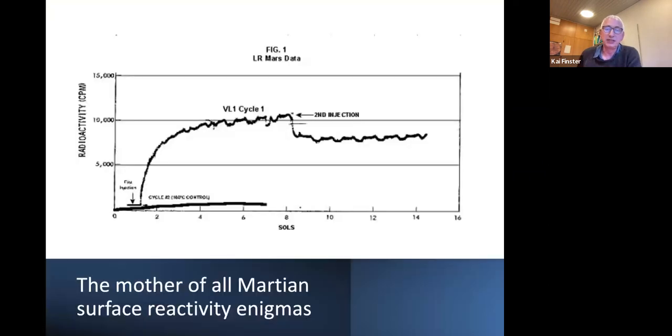And here is the experiment, and this is original data from one of these Viking experiments. What you see here on the x-axis is the time in Sol. Of course, this is Mars, this is not the Earth, so rather than counting days, you count sols. And 7 sols is approximately a week on Earth, also on Mars. And then on the y-axis, you have the radioactivity in counts per minute. So what you see here is first the injection of the radio labeled compounds, and then relatively shortly after the injection, you see an increase in radioactivity.